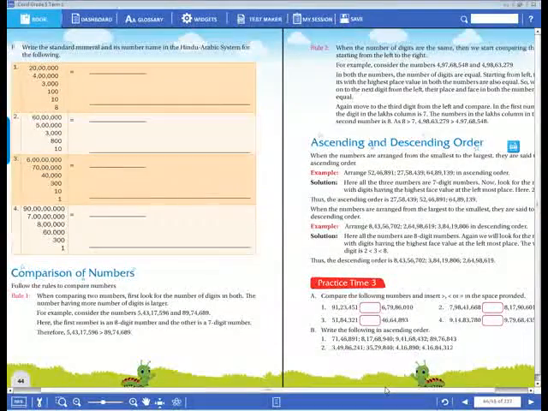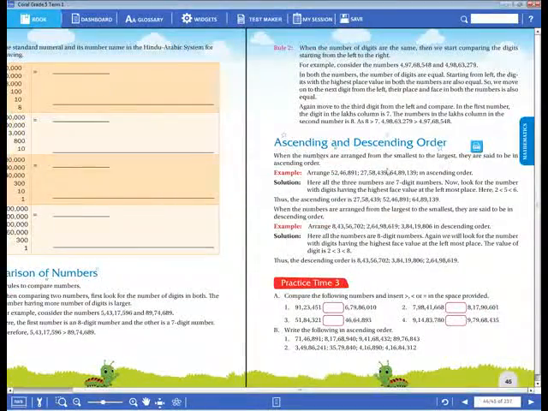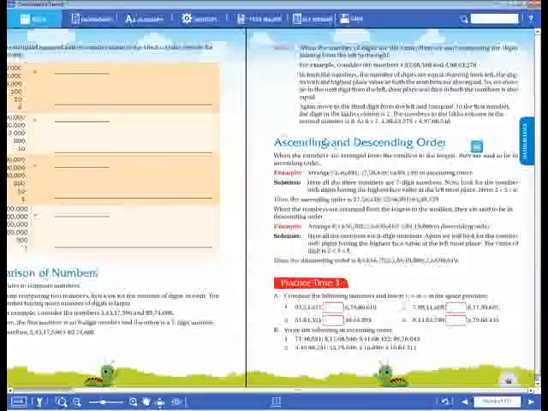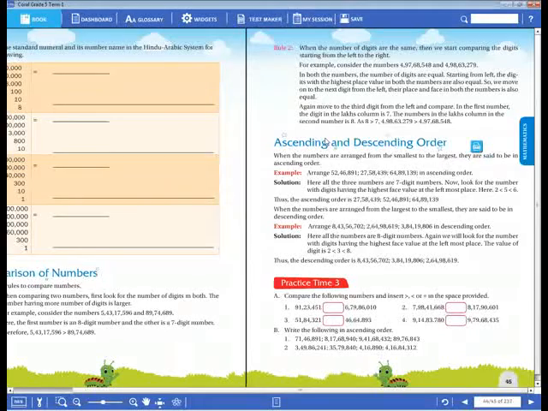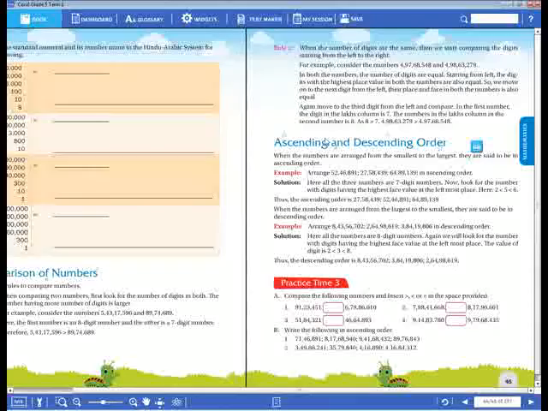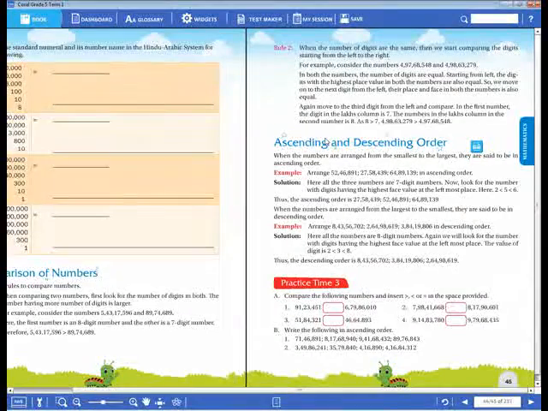Now, shall we go to the exercise part here, practice time 1. So, ascending order and descending order, I hope that everyone has known that. Ascending order means they will give 5 or 6 numbers to you. Then you have to arrange the numbers from smallest to largest. The first number should be the very smallest, then you go up to the largest. That kind of arranging of numbers is called the ascending order.